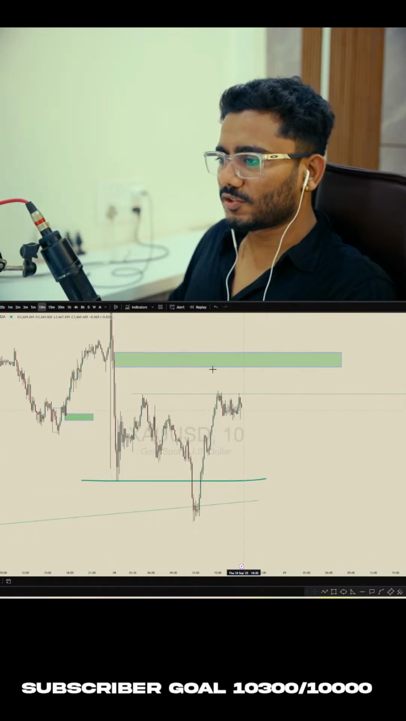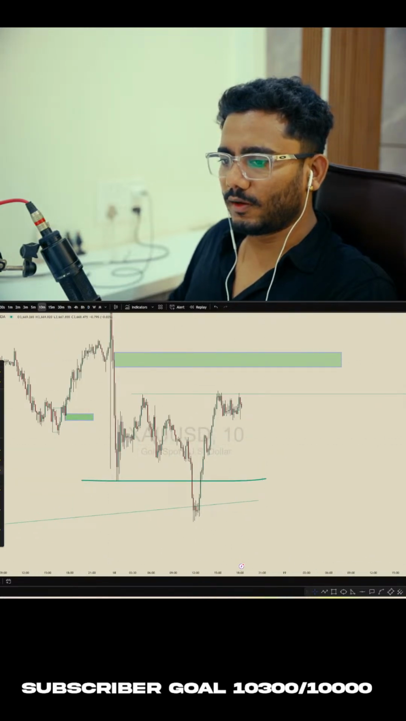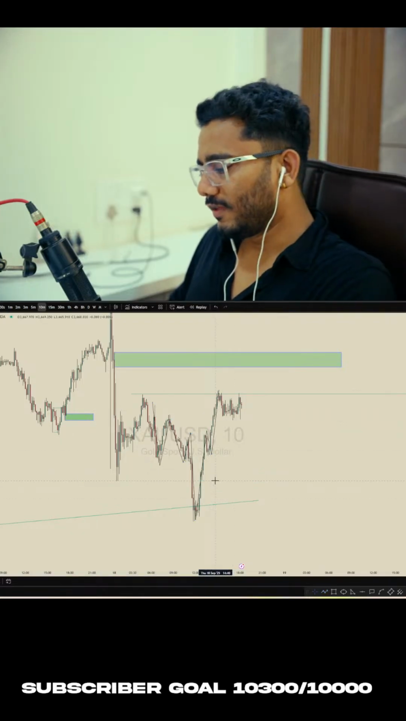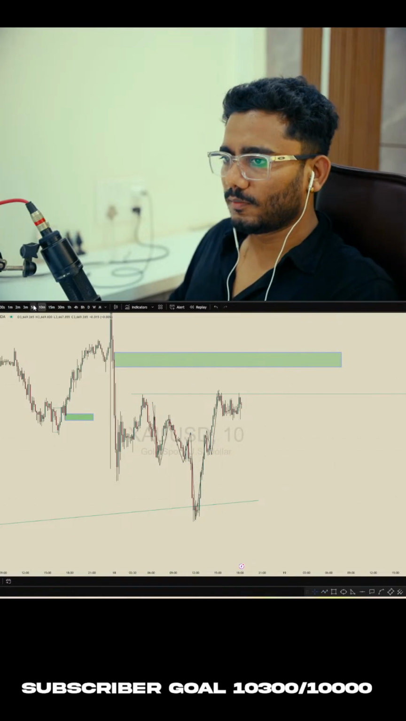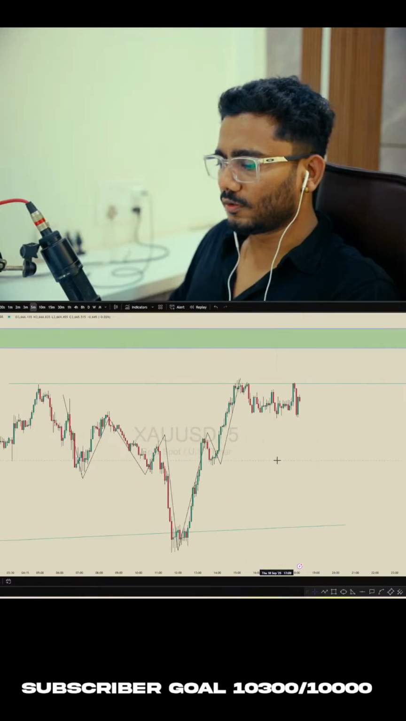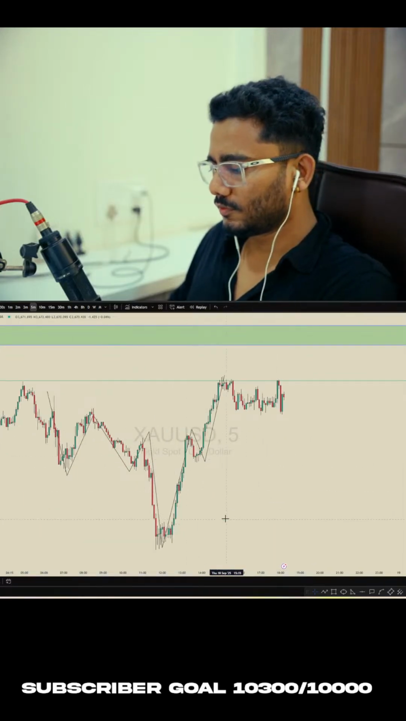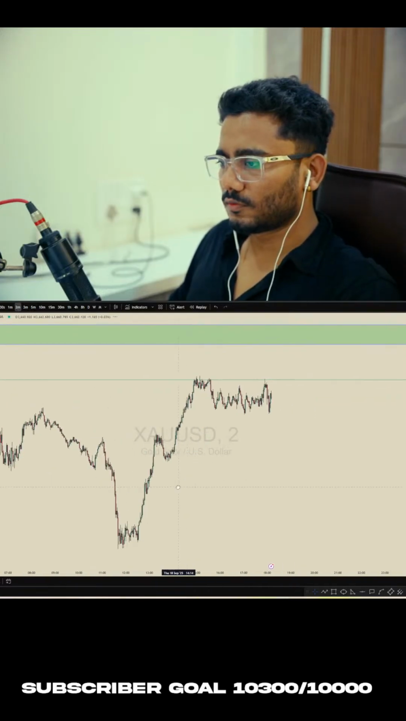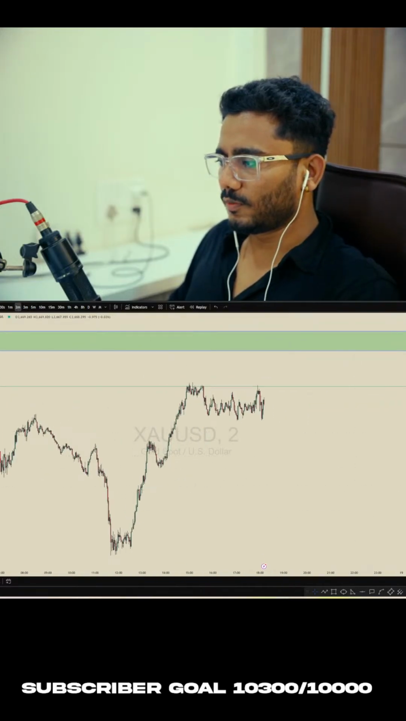Here in internal structure, it's going to the upside. Price broke the previous low over here, and then price broke this high. So we can look for buy side on internal structure. Price is creating liquidity over here. We can look for buy